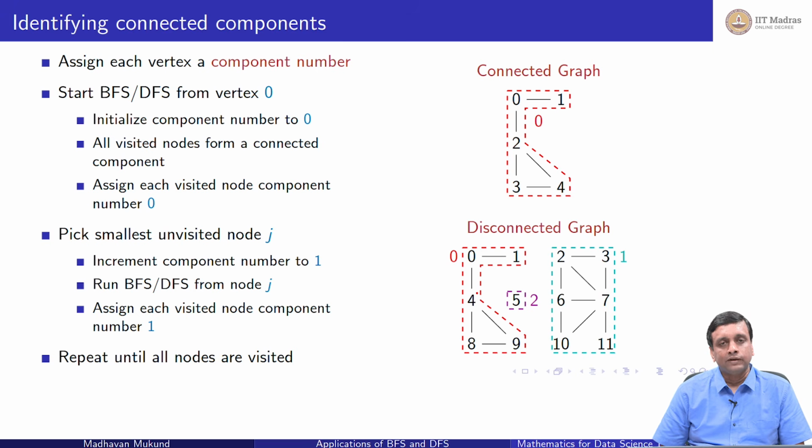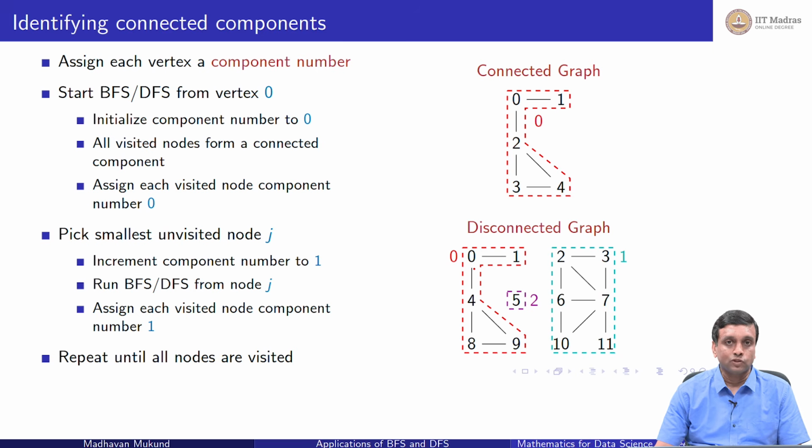So remember, each time we repeat, we also increment the component number. So we increment the component number and start a fresh scan, right? So this is how we can build a component discovery algorithm into BFS or DFS. So while we are doing BFS and DFS, we can also discover what the connected components in the graph are